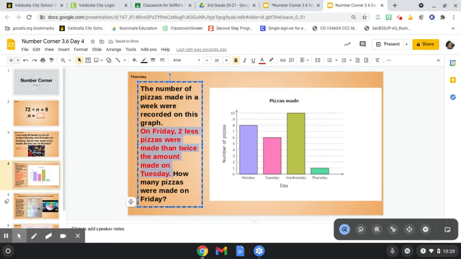Okay, so twice means times 2. So on Friday, 2 less pizzas were made than twice the amount made on Tuesday. So we look at Tuesday and we see that 6 pizzas were made. And then it says on Friday, 2 less pizzas were made than twice the amount made on Tuesday. So twice the amount made on Tuesday would be 12. And 12 minus 2